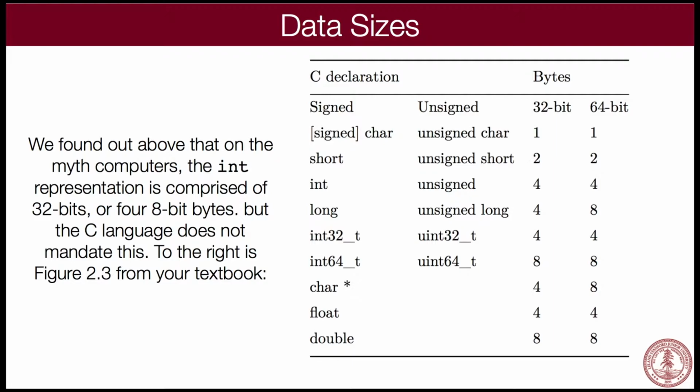By the way, we have made it to 64-bit land. That's what the myth computers are all built in. They're 64-bit computers, and so this is the column we really care about. Chars, 1 byte. In other words, it takes 8 bits to hold a char, and that's all you get. 0 through 255, or, as it turns out, negative 128 through 127. We'll get to where that 128 part comes in a little bit.